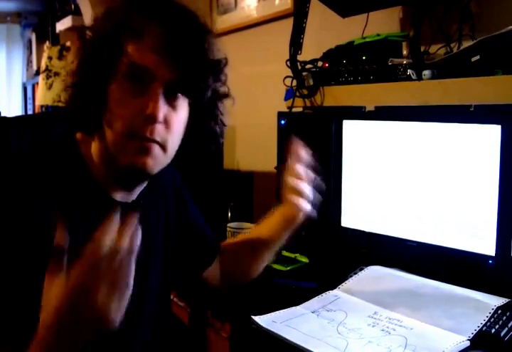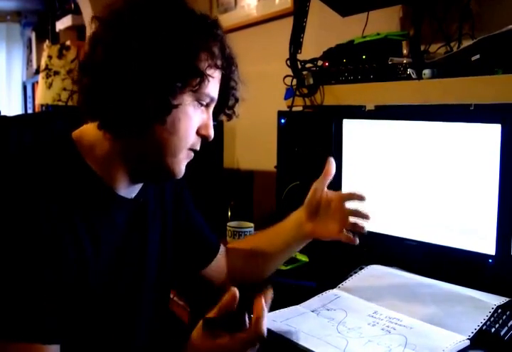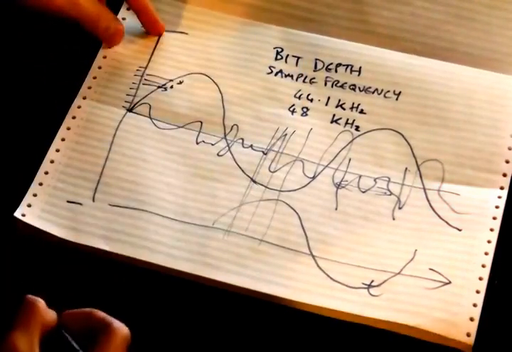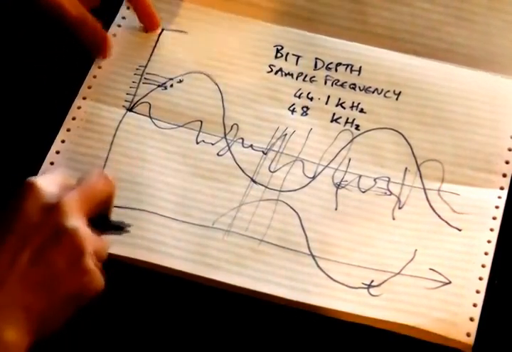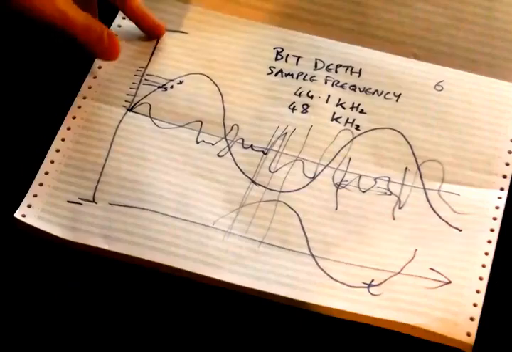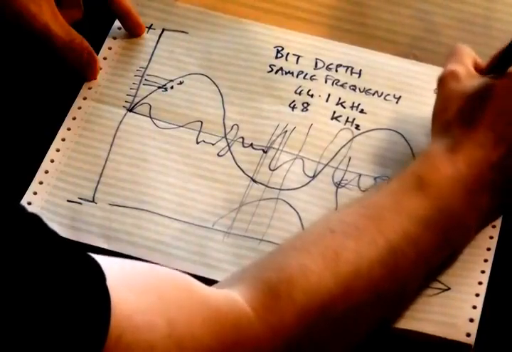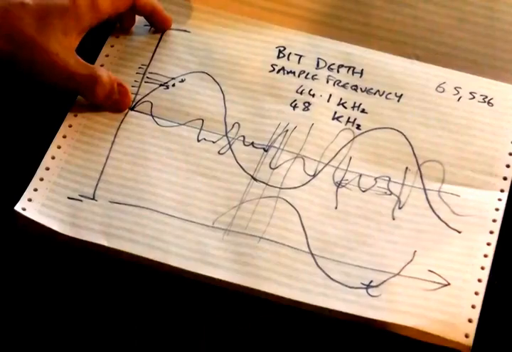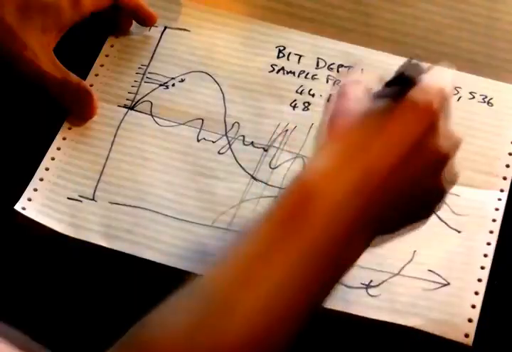So when you get a final product on a CD, or on a DVD or a Blu-ray or something like that, most of the audio is at 16 bits, which basically means that between the top level of the plus here and the bottom level of the minus there, the different volume levels that you can have, you can only have 65,536 at 16 bits. You'd think that's enough different levels, but realistically it's kind of half that, because you're dealing with a wave